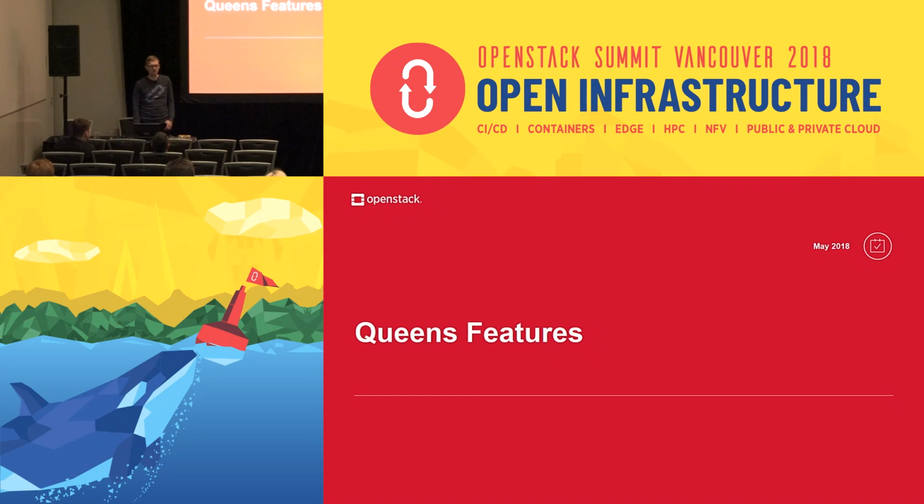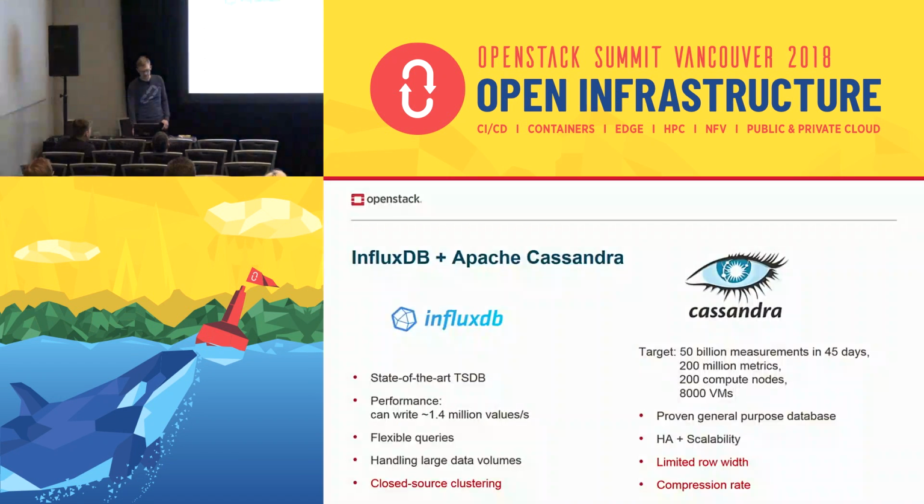Now to the features implemented in the Queens release. In Monasca, we use InfluxDB as a time series database. It's probably the best open source time series database as of now.